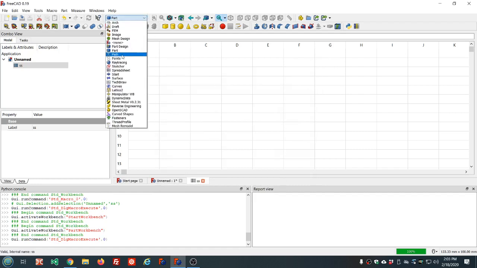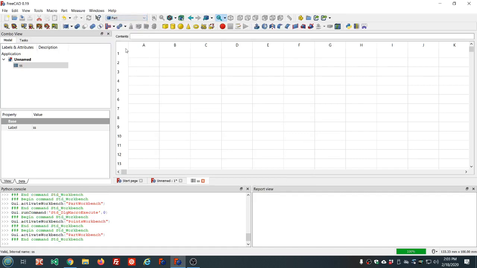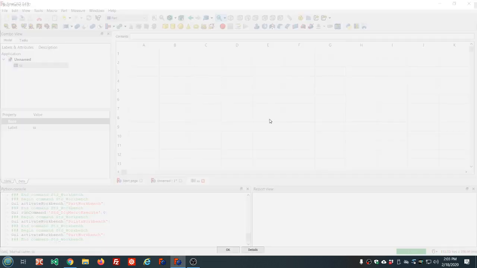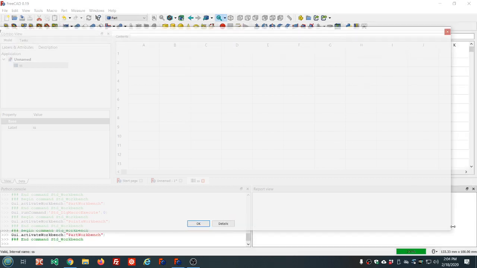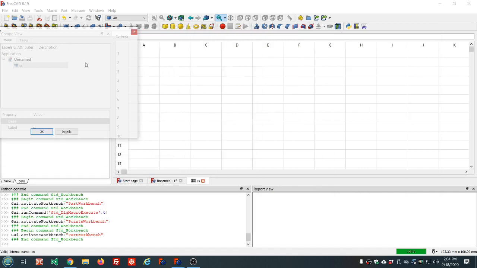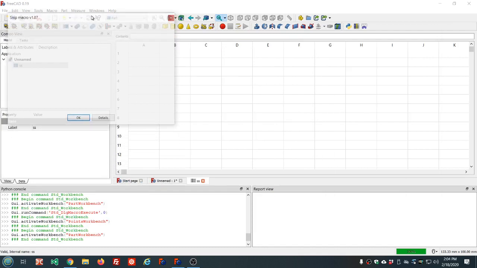And again, just switch to any workbench and back. So now we have our Snip macro. What the Snip macro does is bring up this resizable window. I've got a size to make full screen screenshots for YouTube right now. It's partially transparent, and you can just put it over whatever part of the screen you would like to capture